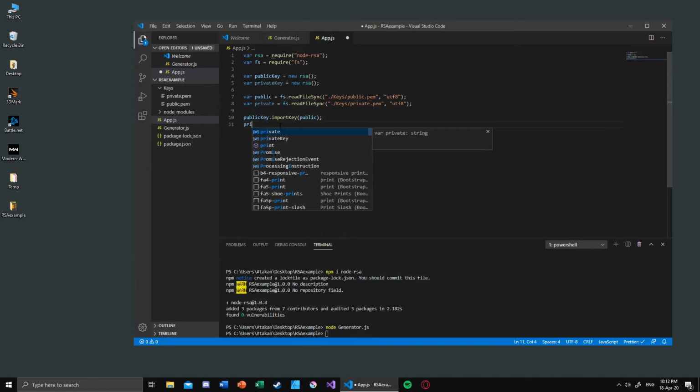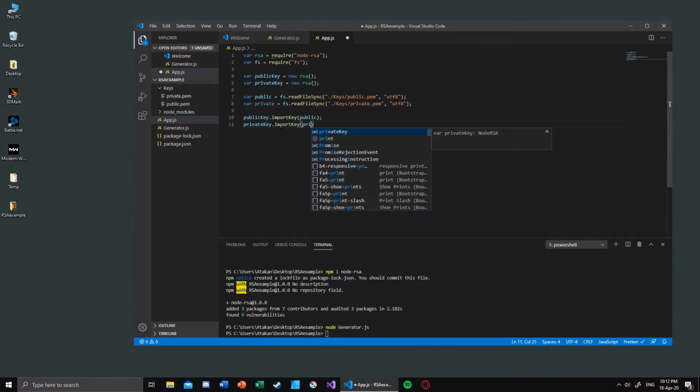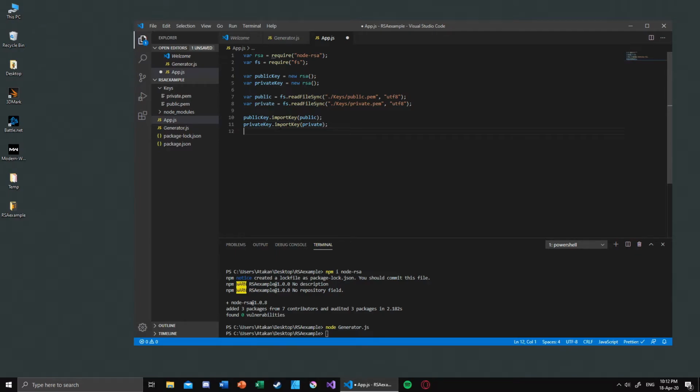And we again want to do that with the importKey with the private version as well. So yeah, private. So now we can use our keys,